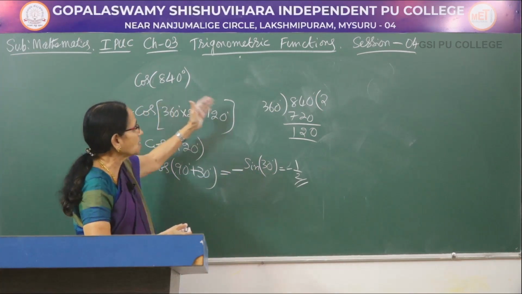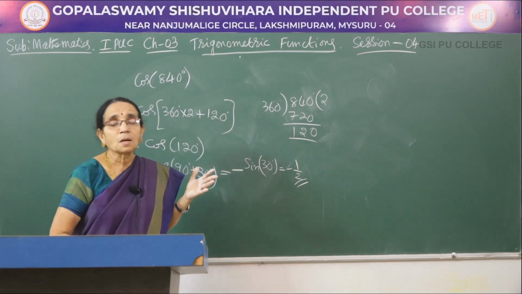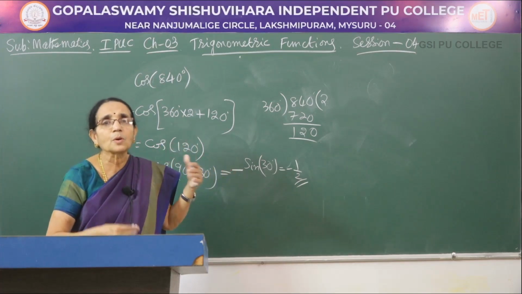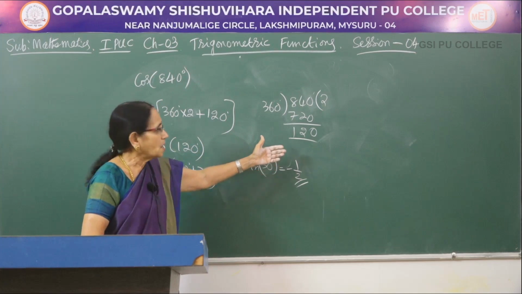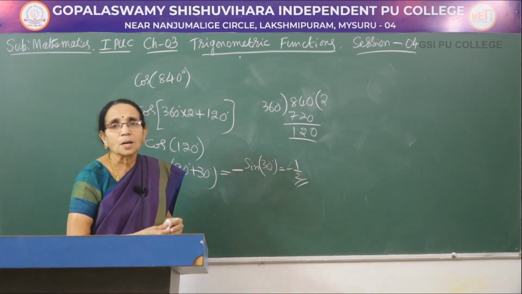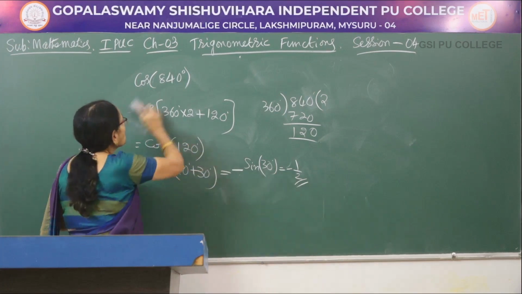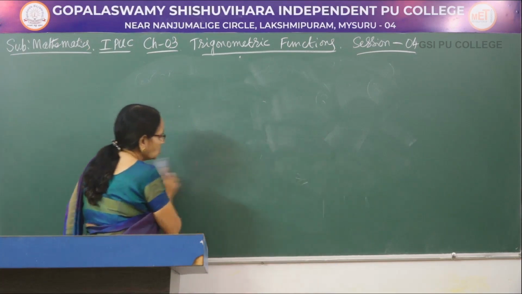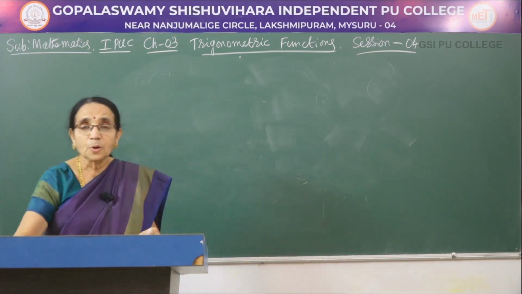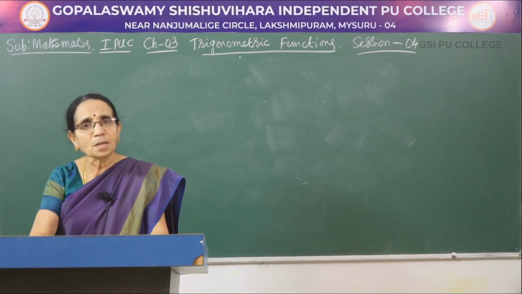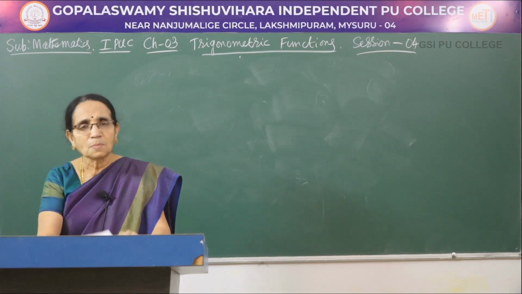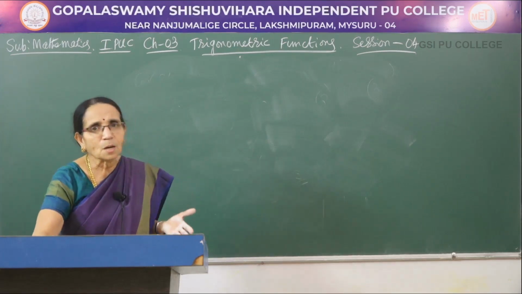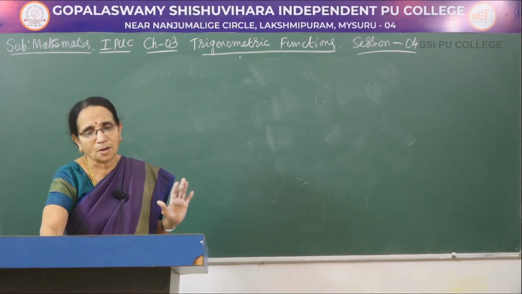So here I have taken only 840 and 1000. It can be 1,199 degrees, or it can be 2 crores, any angle, however big that may be, you divide like this, and for the remainder part, you get the value of the trigonometric function. For that, depending upon how you express 90 plus something, 270 plus something, you apply the first rule. Or if you use the other rule, that is 180 plus something, or 360 plus or minus something, you will be using rule 2. To decide about the sign, plus or minus, use the ASTC rule.